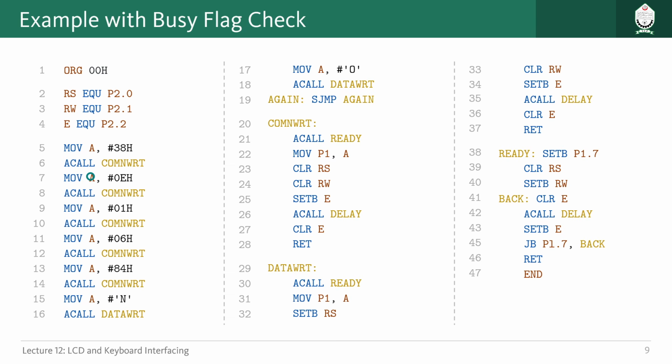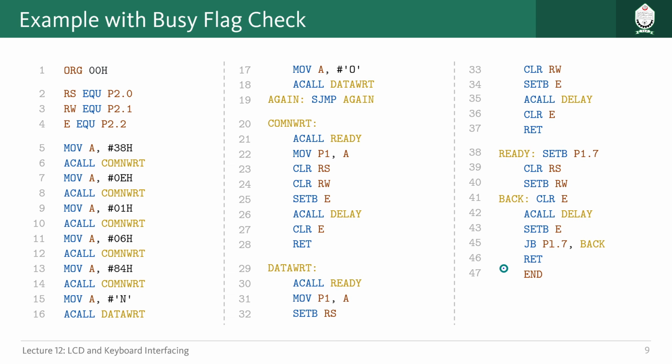So you will see that in this code, most of the things in the main code are similar to the previous code, but here we don't have that delay after sending each command or data. So what is happening here, if we look at the command writing subroutine, you will see first of all we are calling a subroutine called ready, and here also in data writing subroutine, first of all we are calling a subroutine ready. So what it does, let us try to understand. So here this particular subroutine ready is checking for the busy flag and lets us know whenever we are ready